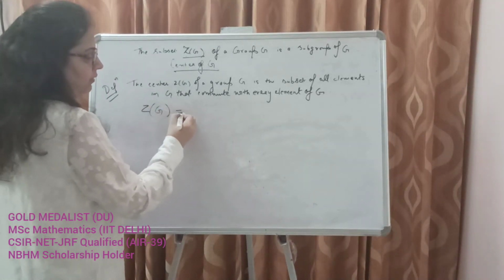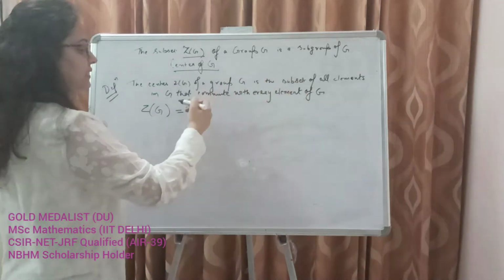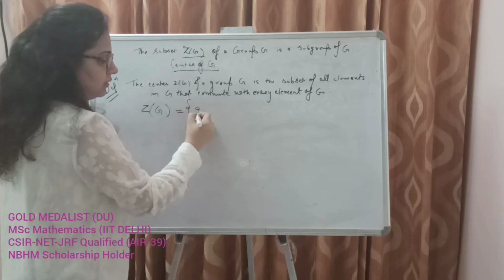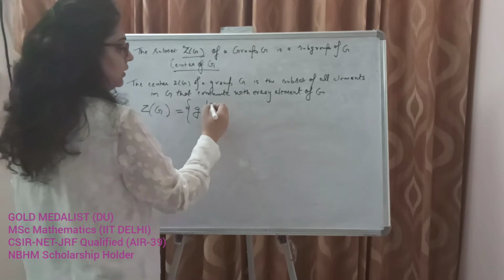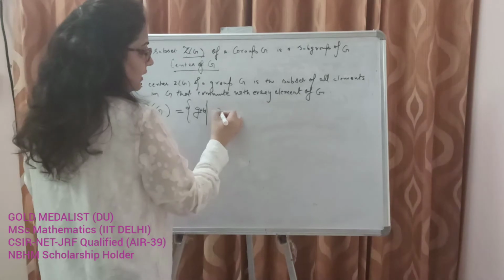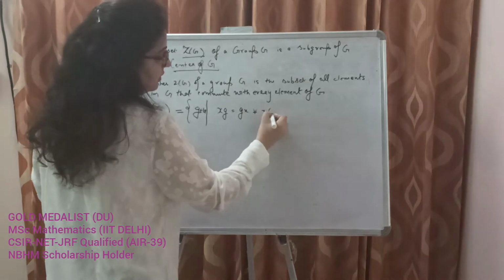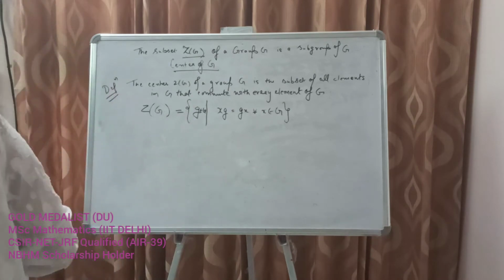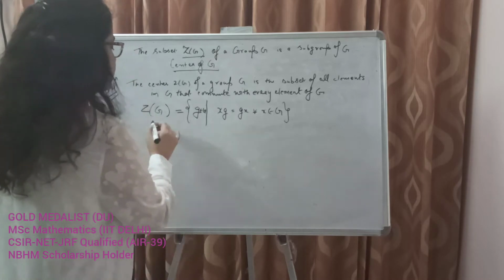Let us try to write it. Okay? We will define the subset, the set of all elements in G. First of all, these are all elements in G, right? So this is g in G such that, now we will write the condition, such that xg is equal to gx for every x that belongs to G, right? So this is the center of a group.